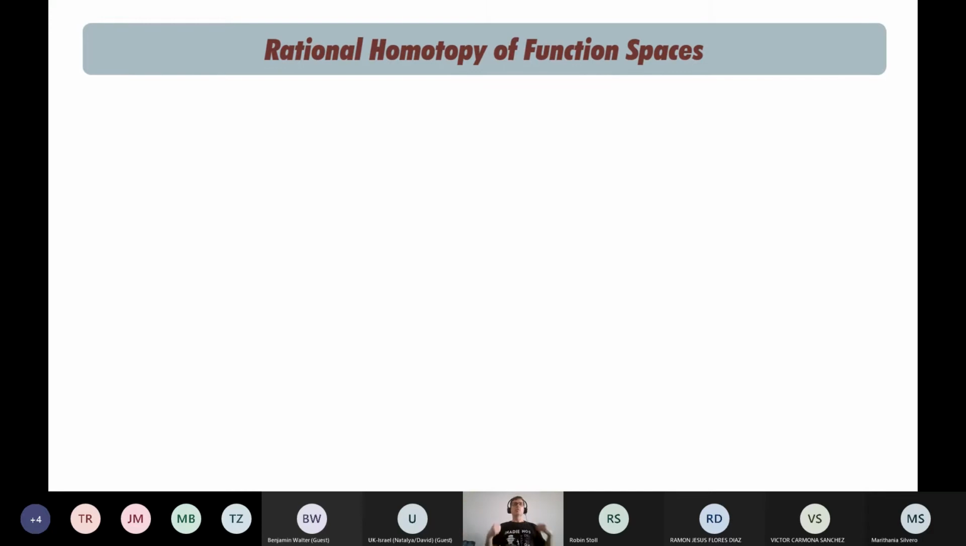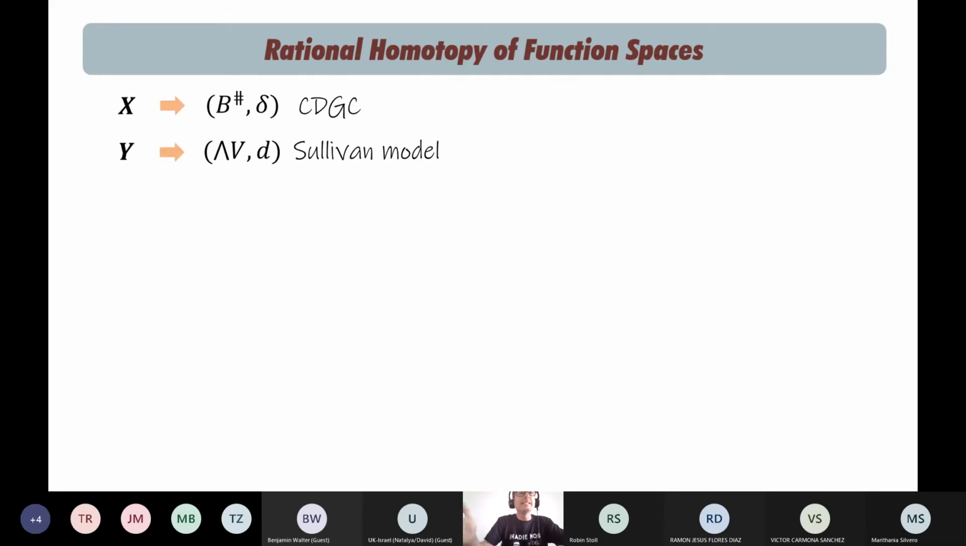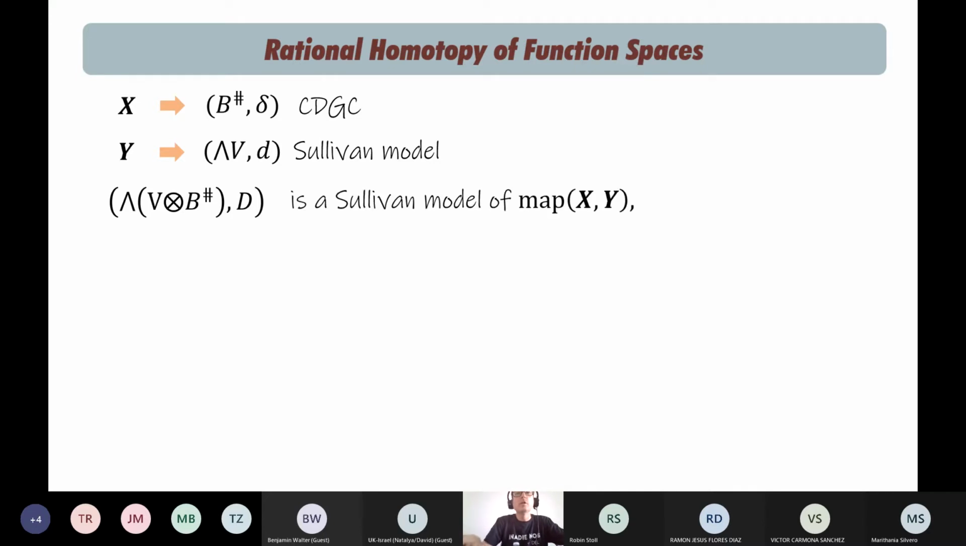So, why do these L-infinity algebras appear in rational homotopy theory? The first time I found these L-infinity algebras was in the context of the rational homotopy of function spaces. Recall that we have a CDGA model of the source and a Sullivan model of the target. We have a Brown-Szczarba model. Well, but this Brown-Szczarba model was defined for any Sullivan algebra, not only for one which has a differential with linear and quadratic part. So if we have such a Sullivan algebra,